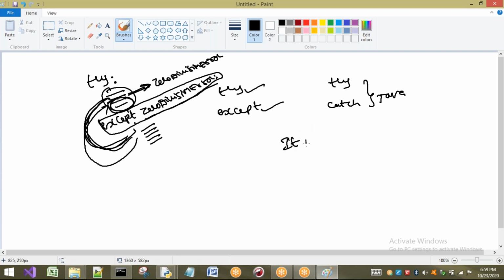It is recommended, a very important point, not to write many lines in your try block.